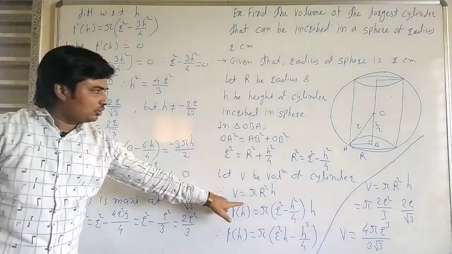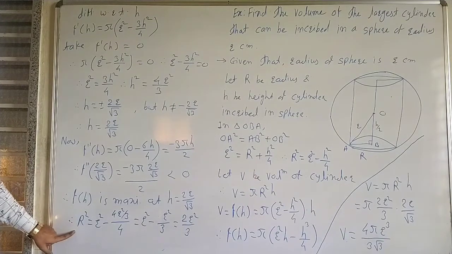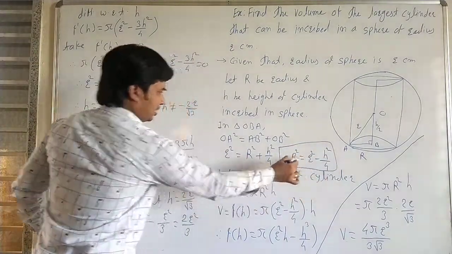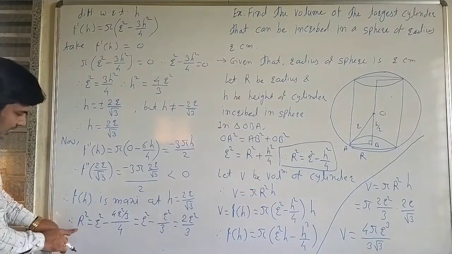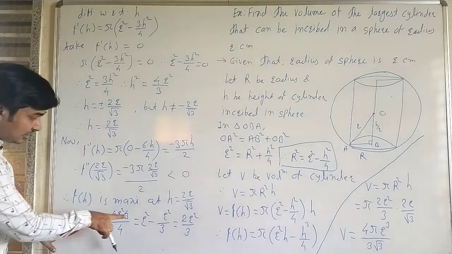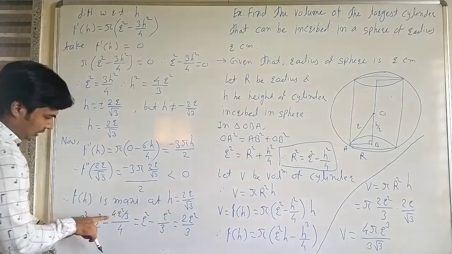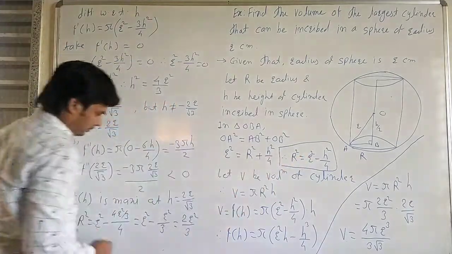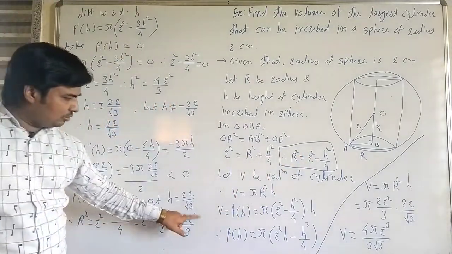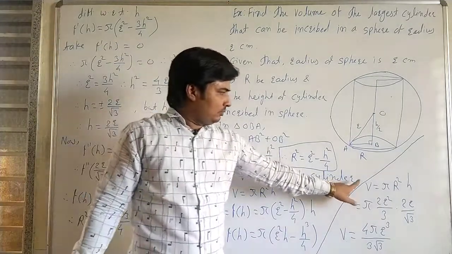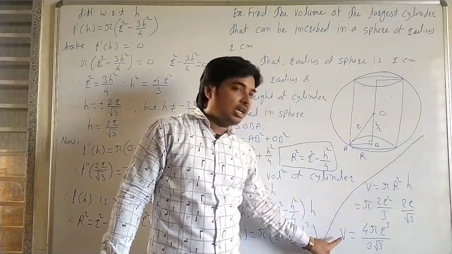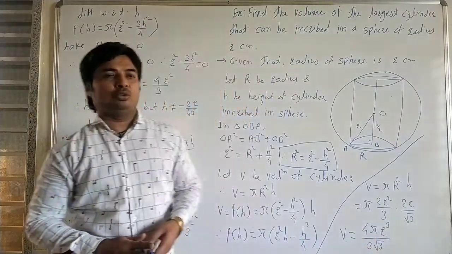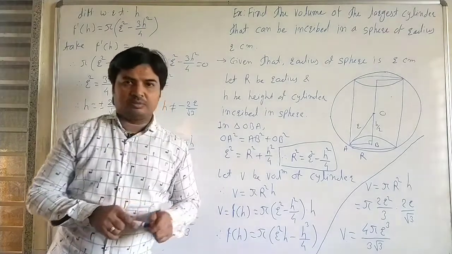Okay, calculation was here: capital R square is equal to r square minus h square, and h is 2r upon under root 3, 4 r square upon 3 and upon 4, because it is h square by 4. And now calculation, capital R square is equal to this, and then the maximum volume, that is the largest volume of the sphere, is 4 pi r cube upon 3 into under root 3. Okay, now we see the next example.